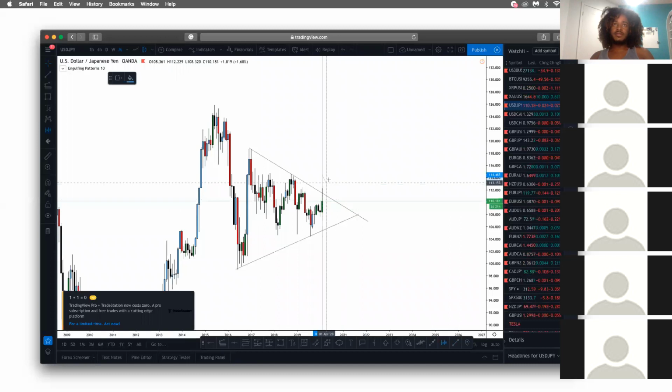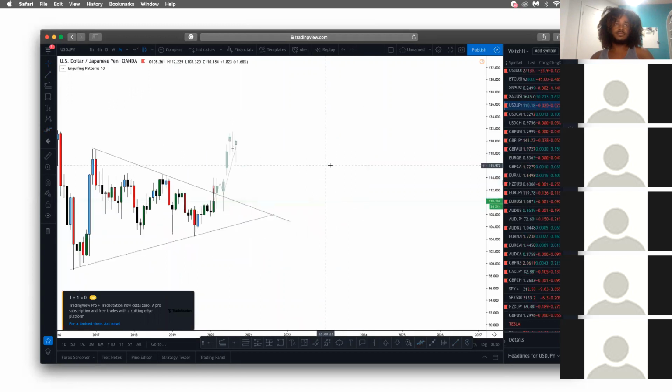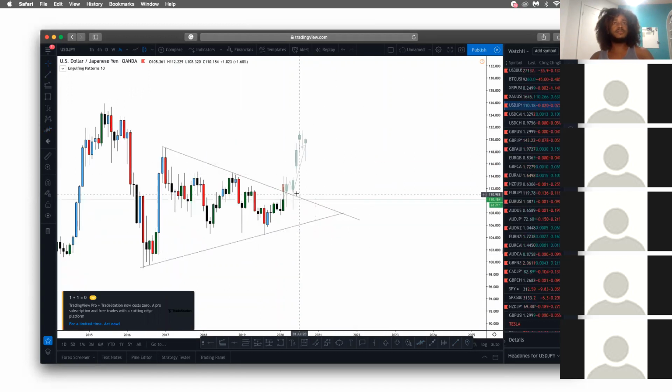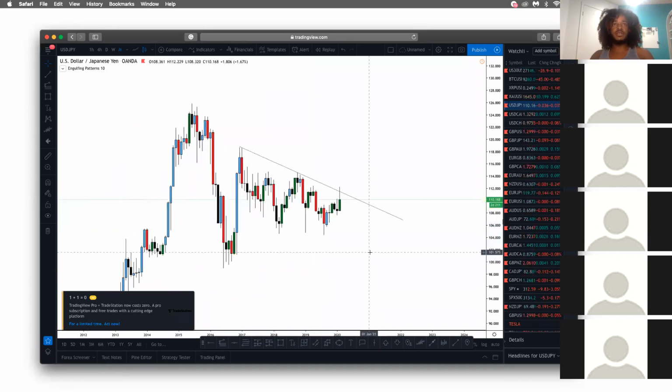So it would be something like this, right? Retest long, right? Or the opposite. But here on USDJPY, besides this being a triangle pattern, this is also a